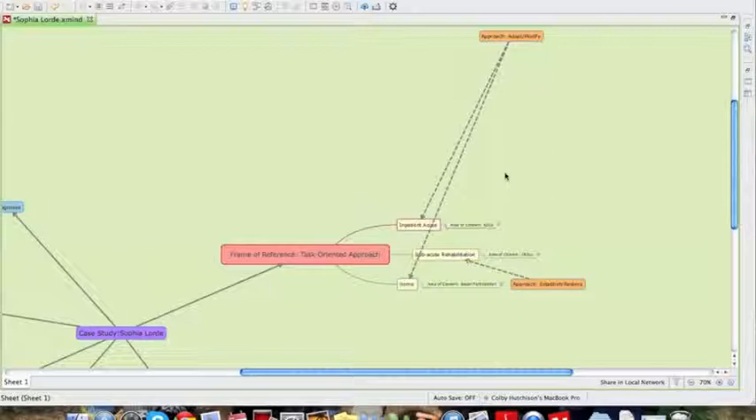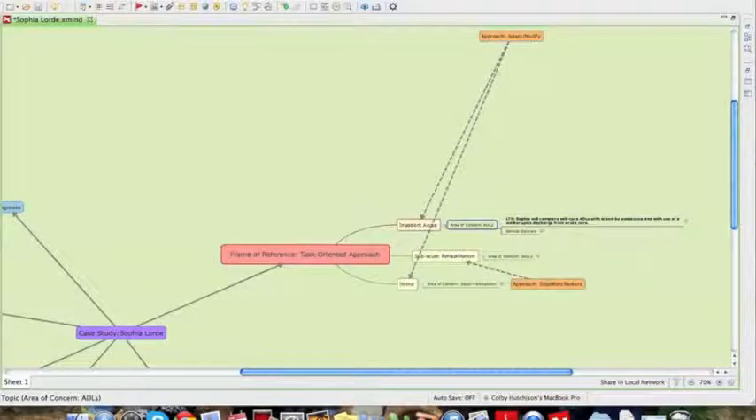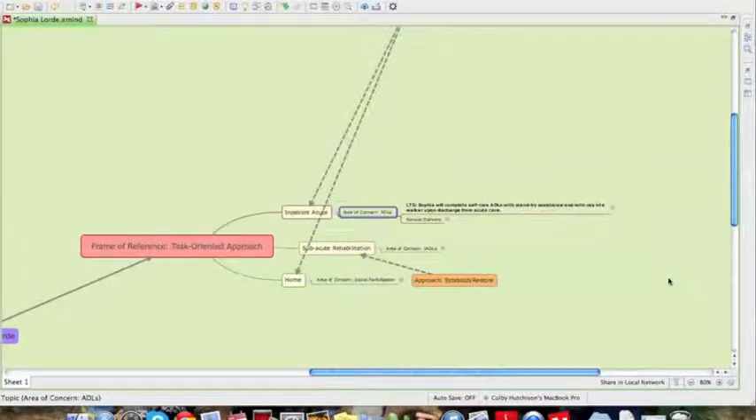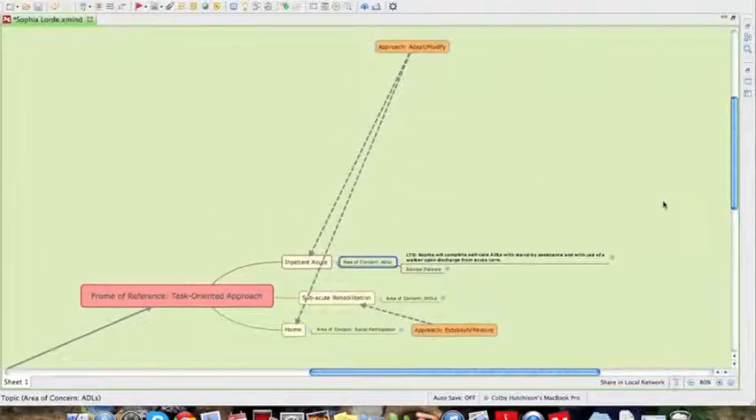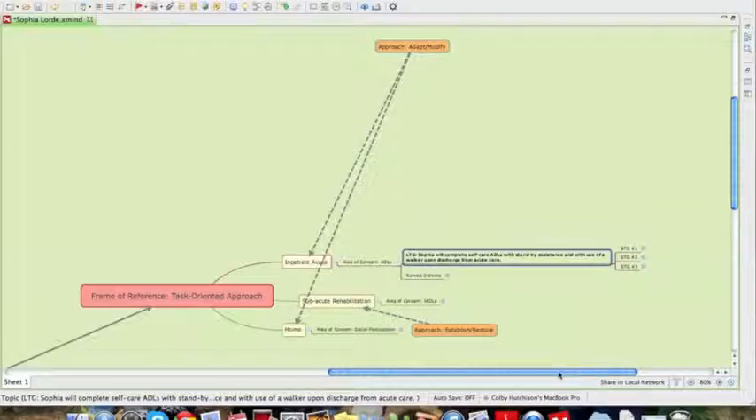In the inpatient acute setting, we have a long-term goal, and that is that Sophia will complete self-care ADLs with standby assistance and with the use of a walker upon discharge from acute care. The approach we will use for that goal will be adapt and modify. And the 3 short-term goals under this long-term goal are: